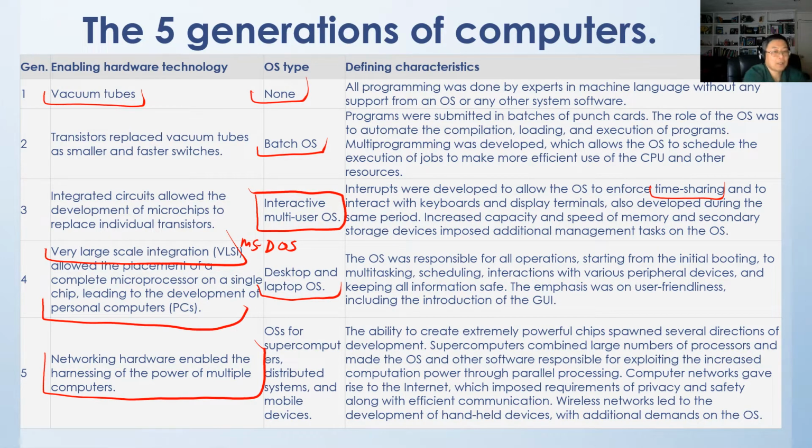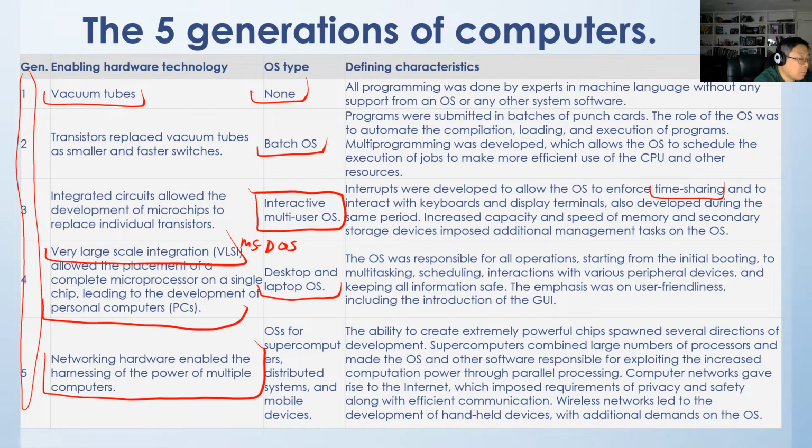So they can actually combine the power of multiple computer systems connected through network cables, so they can create a more powerful computing machine. So these basically five generations of computer systems